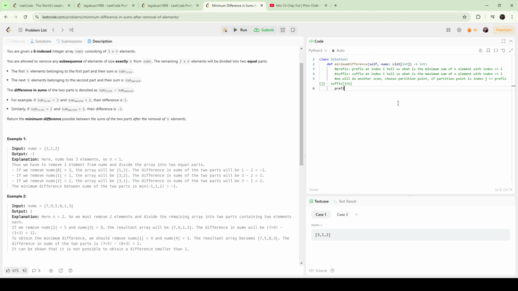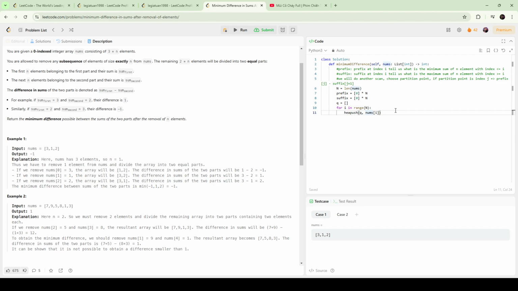So we need to have an array of prefix. Let me turn off this unique key. A suffix, and then we need to have a q, for i in range n, right? Basically you push this guy into q, whatever is i, heap push q nums i. And then now